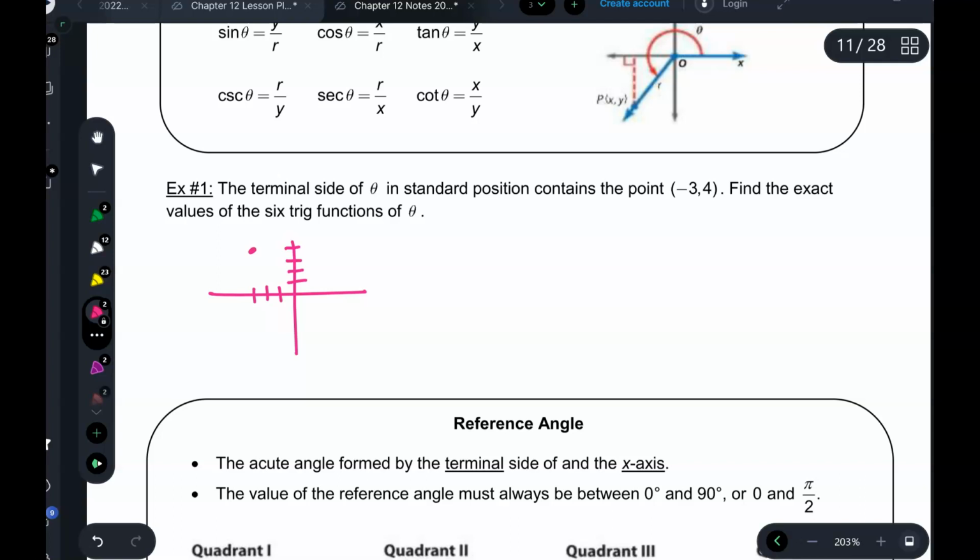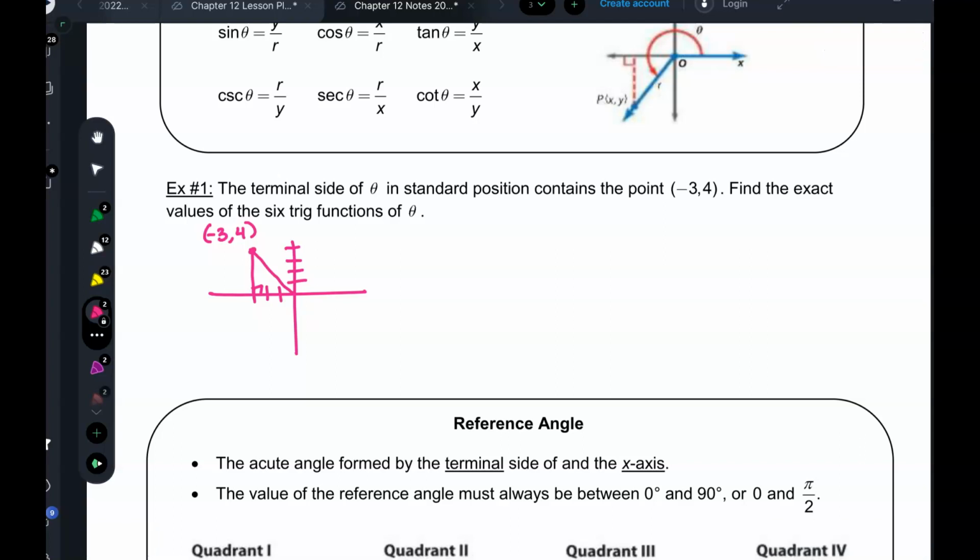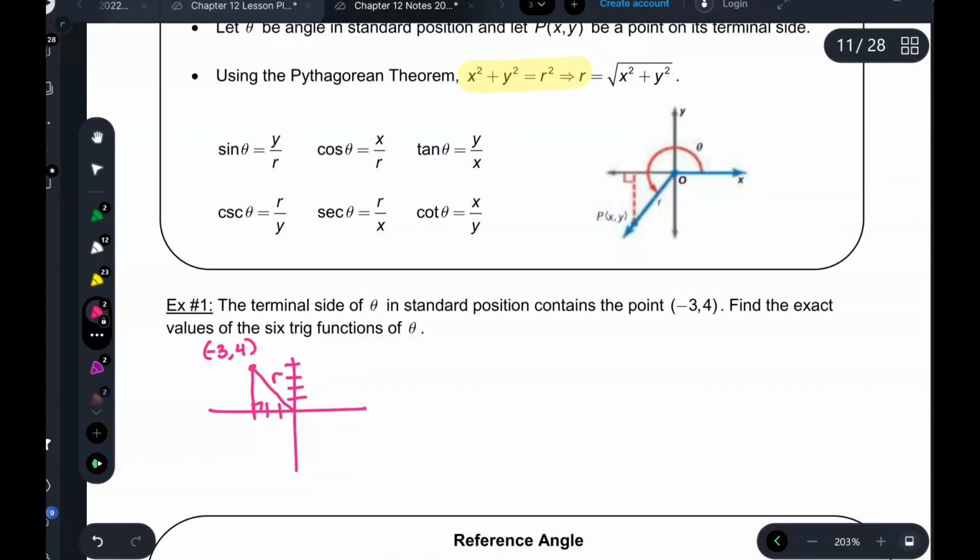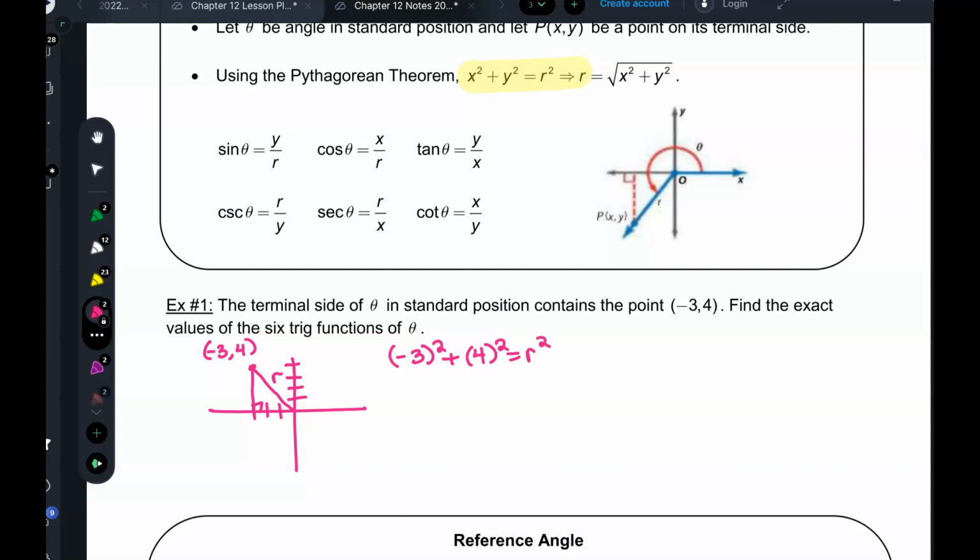Now take that ordered pair, -3, 4, and let's connect it to here and make a right triangle. Now I want to figure out what r is. Remember I said it's going to be the Pythagorean theorem, so I'm going to have -3 squared plus 4 squared equals r squared, right? Technically we don't have to draw it, but I wanted you to visualize it, because